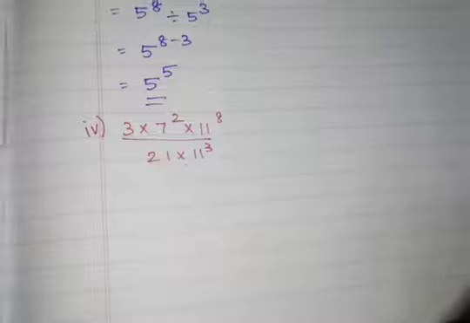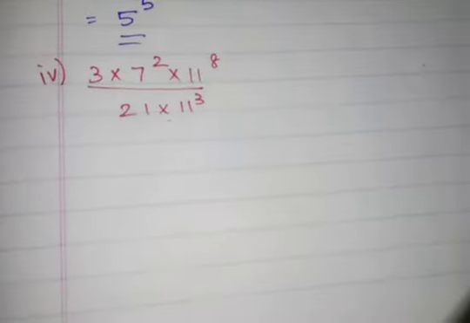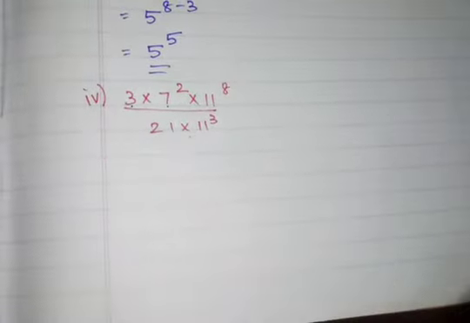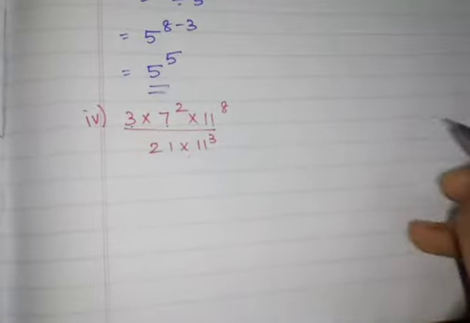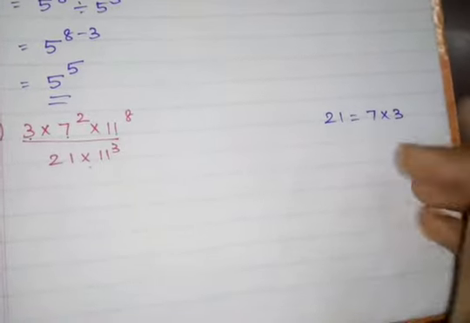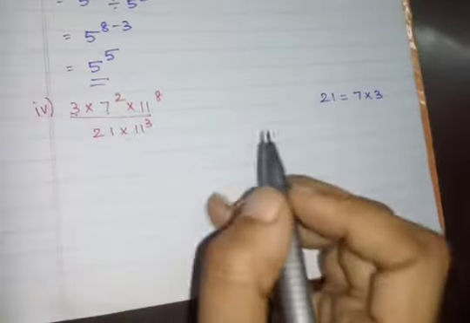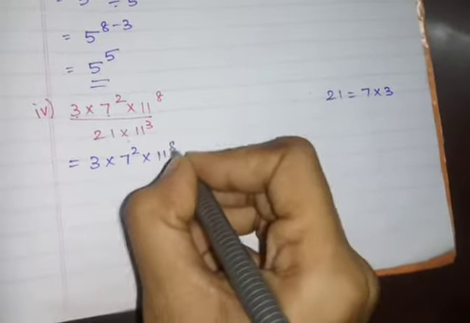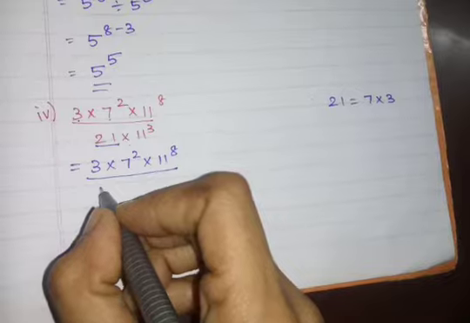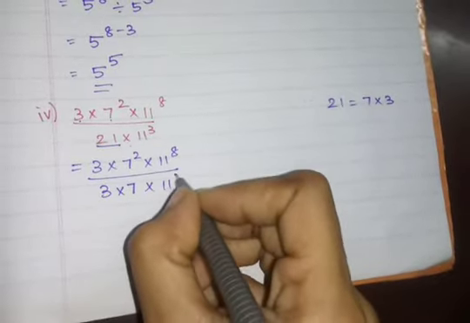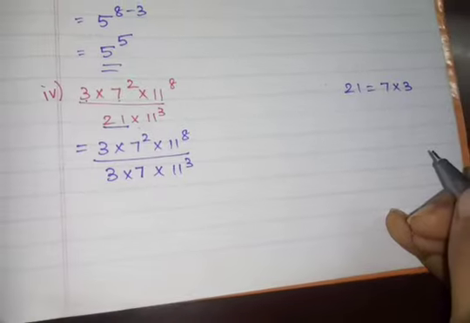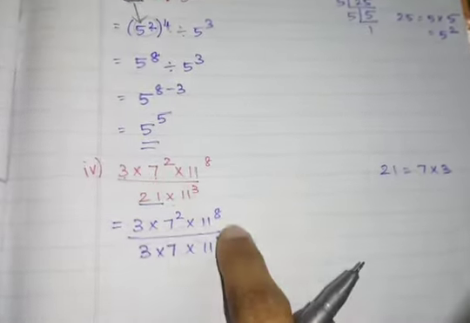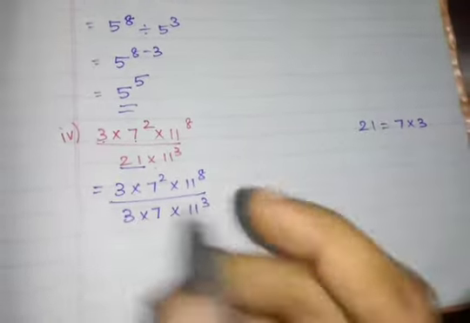Now listen, check whether everything is a prime number or not. That is our first rule. 3 is a prime number, 7 is a prime number, 11 is a prime number, 21 can be written as 7 3s are 21. Do you remember? So 11 is a prime number. Now the denominator can be written as 3 into 7 into 11 cube. Is this correct? Because 21, 7 3s are 21. I wrote it. Now, is there anything to combine in the numerator? No. Now comes the denominator.